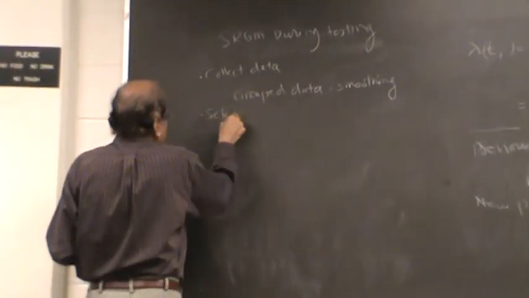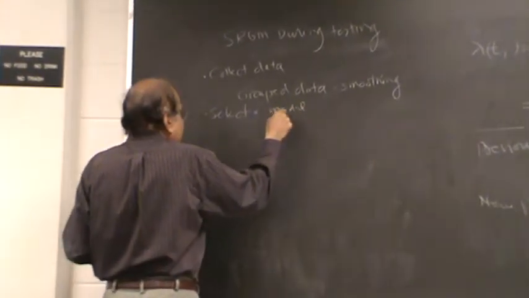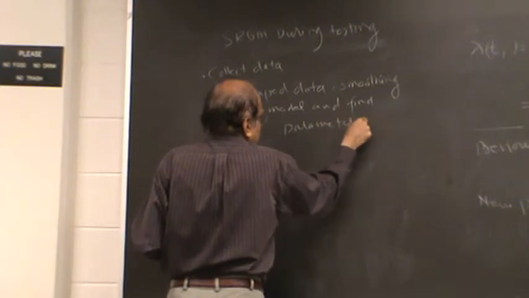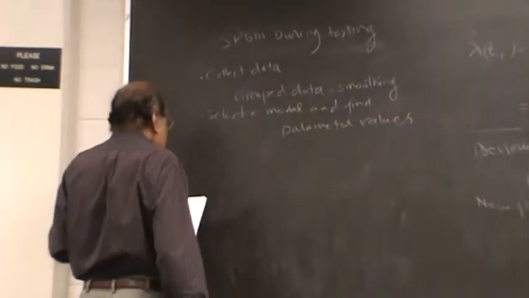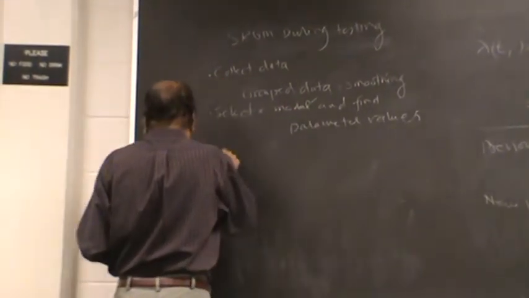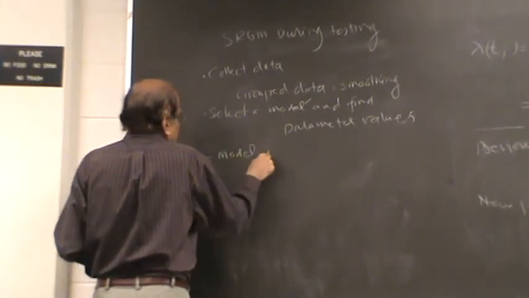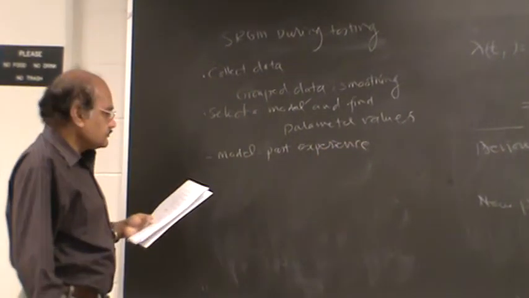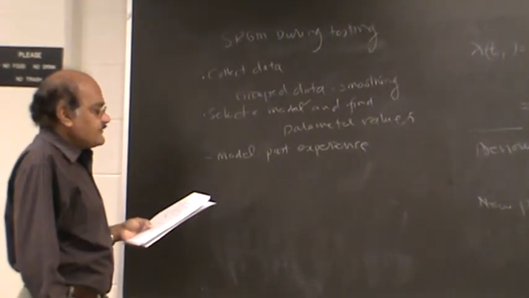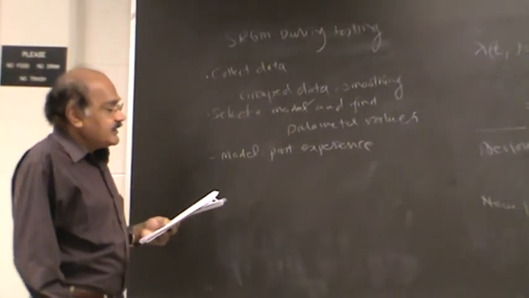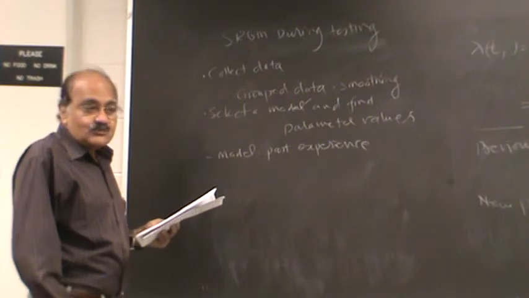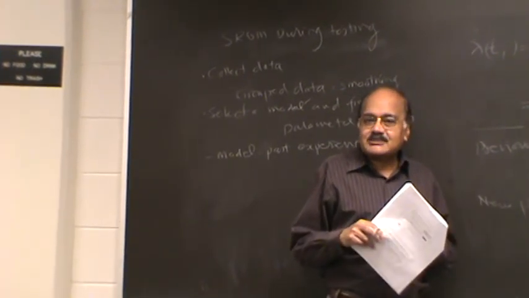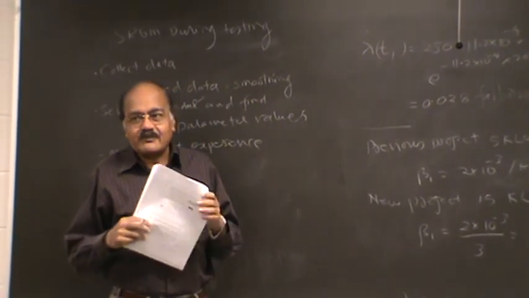Next is to select a model and determine parameters. So basically you select a model based on past experience. And I have found that in many cases, exponential or logarithmic would be a good choice. But if you are a Japanese organization, then they have a habit of collecting their data in a different way. So there are some S-shaped models that seem to fit the Japanese data well. So it depends on what has worked well